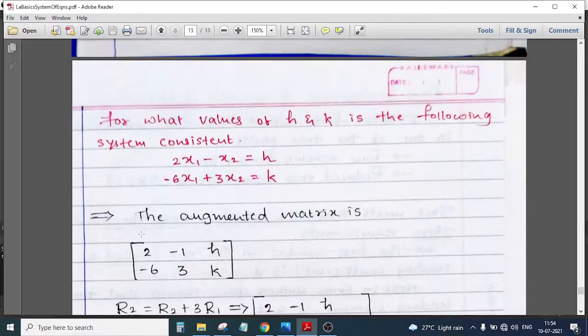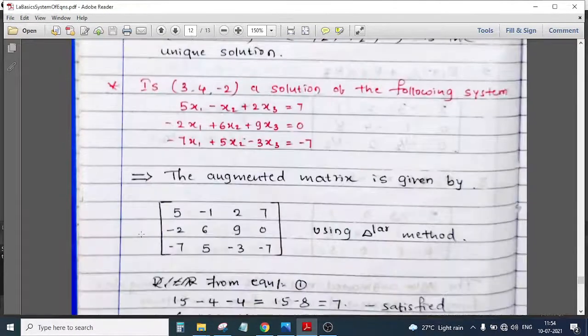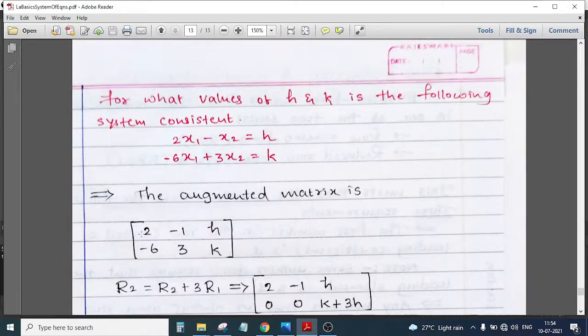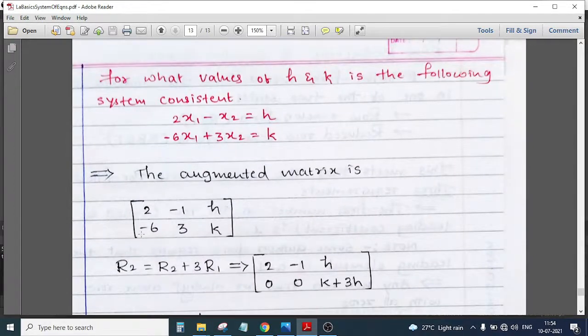So I hope this is clear: the system of equations, how to solve using your elimination method, how to solve using your triangular method, how to solve if they have already given the values, solution set, and check whether they are consistent, whether they are satisfying or not. Okay. So all these things have to be taken care. My suggestion would be note down, try to solve, pause the video, note down, try to solve. That would be the better method to understand these concepts.